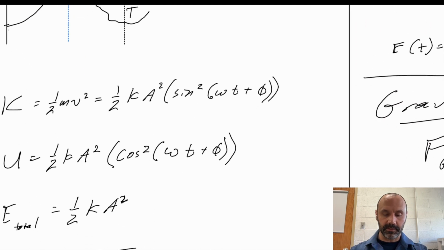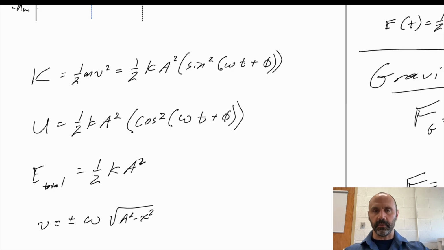Okay, other equations. If we take other things we know, now we're just pulling things together. This is often what we do in physics. We introduce some new concept, and then it's like, hey, everyone else, you're invited to the party. And we just apply everything else we know. So using the kinetic energy, if it's 1/2 mv squared, well, we have a function for v, don't we? So it's 1/2 k A squared, and then this whole thing, so it's just the square of the whole velocity function. So there's a function for what the kinetic energy is. For the potential energy,